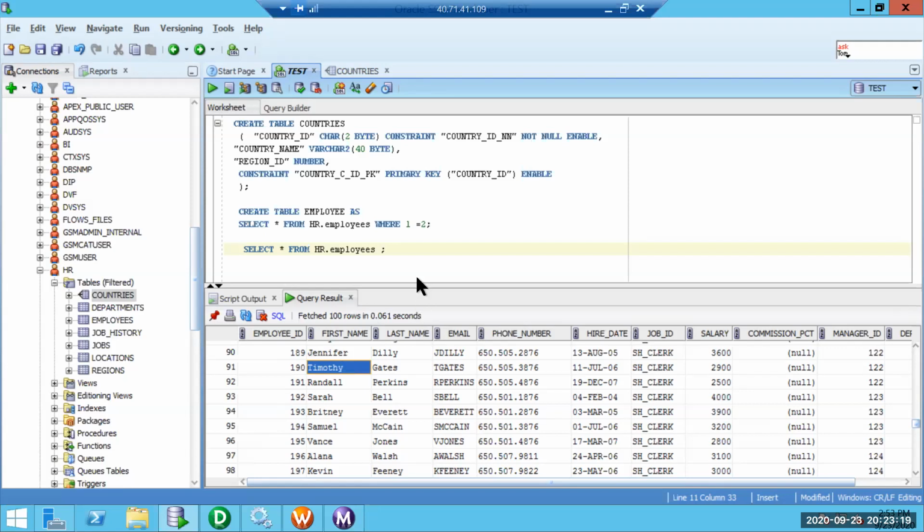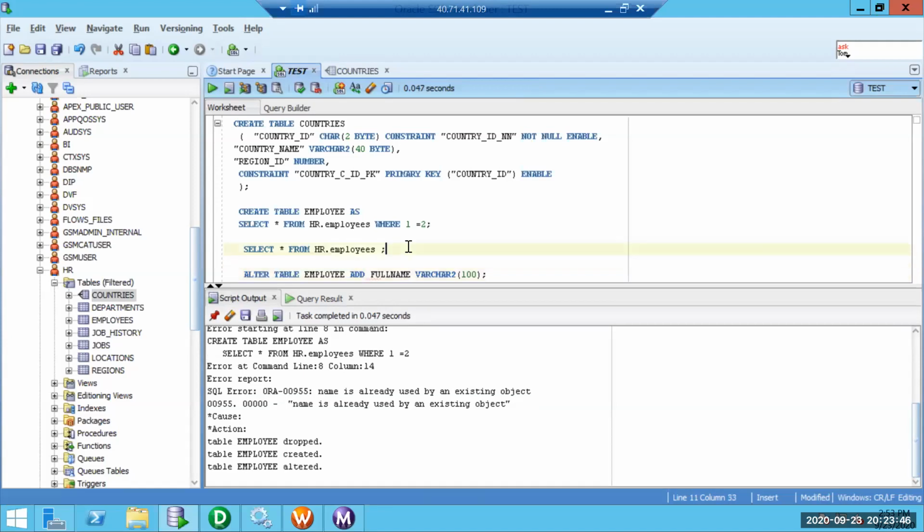Let me alter the employee table. Alter table employee, add full name, varchar2 of 100.